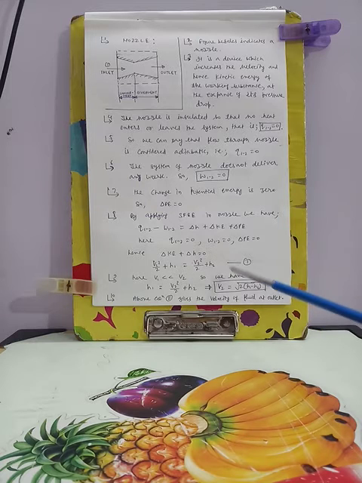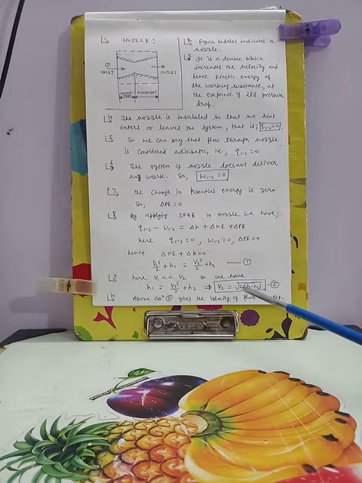This is the velocity of fluid coming from this nozzle. V2 is equal to under root of 2 into (H1 minus H2), in terms of change in enthalpy, where H1 is the enthalpy at the inlet. So the velocity will increase at the expense of enthalpy. The enthalpy will reduce, and at the expense of this reduction in enthalpy, the velocity will increase.